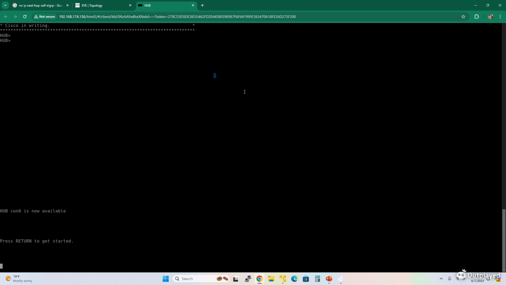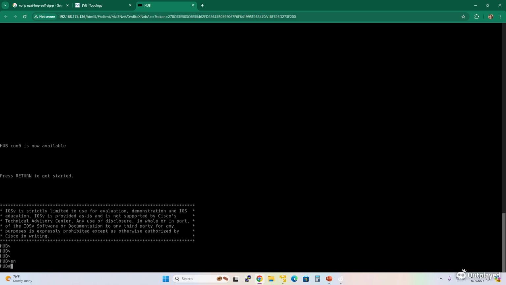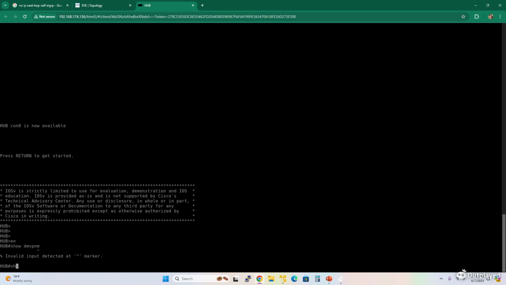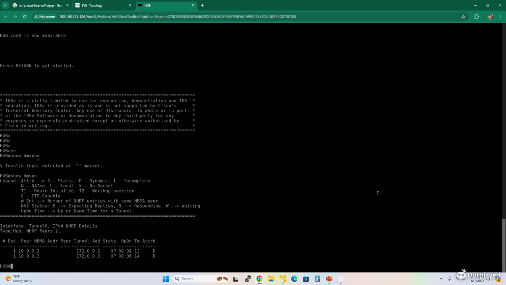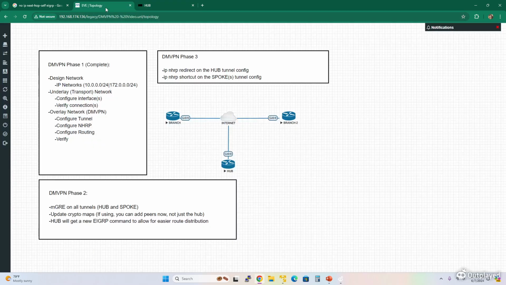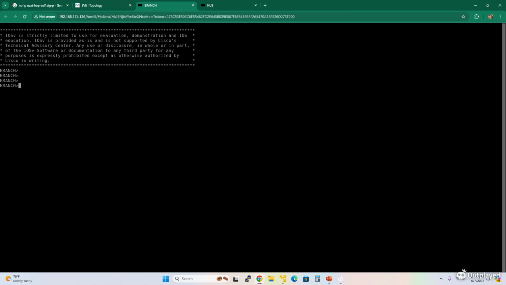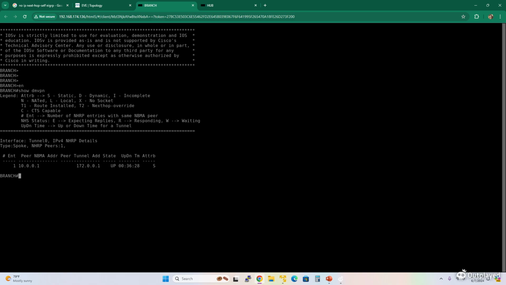All right, so we're inside of our topology here, and I had this started up anyways. So show DMVPN, and we can see the mappings that we had before, and the status is up. If I go ahead and I pop over to a branch, enable, show DMVPN. Now I only have static